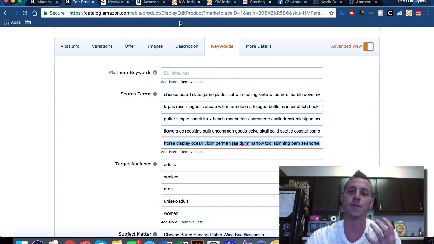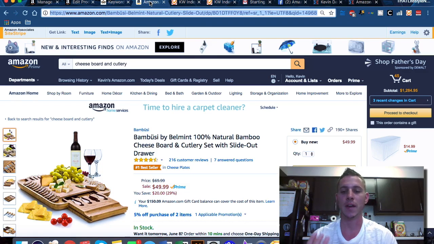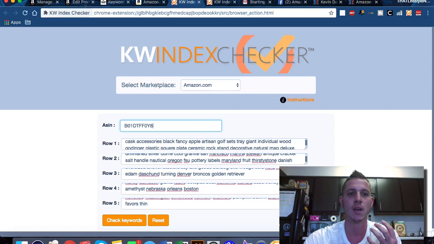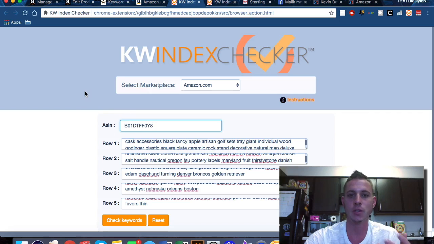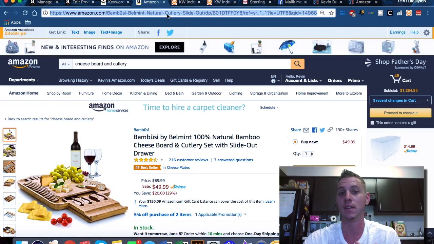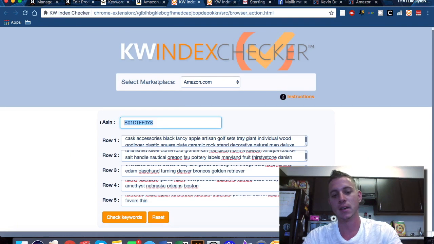And then another final cool little trick that you guys can do is, instead of waiting for that week to see which keywords you're indexing for, you can use Keyword Indexer with your master list, right? So I copy and pasted all of the keywords that I just put into my keyword set from Trace My IP, right, into the Keyword Indexer. And then a cool thing you can do is, instead of using your own ASIN, you can go ahead and use the #1 organic ranked result of your nearest competitor into the keyword indexer, right? So if we paste that in here,